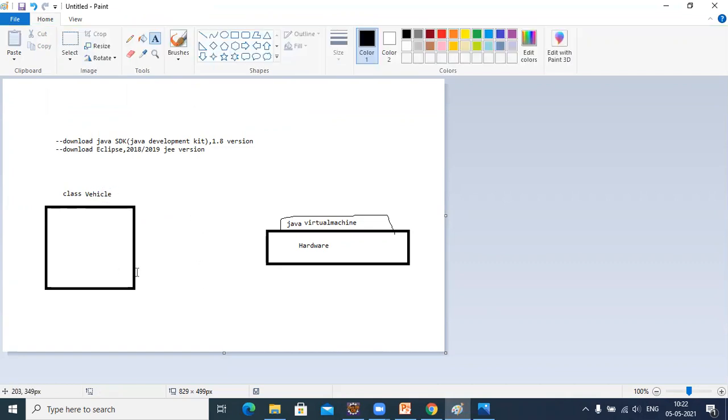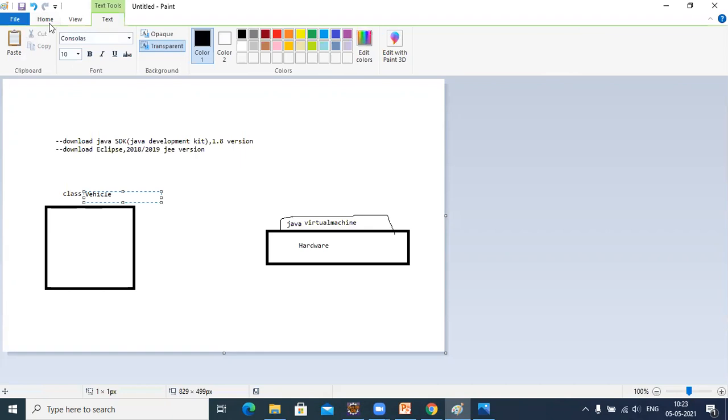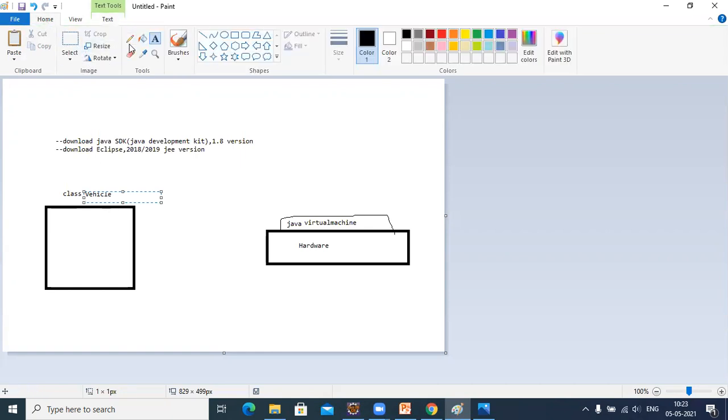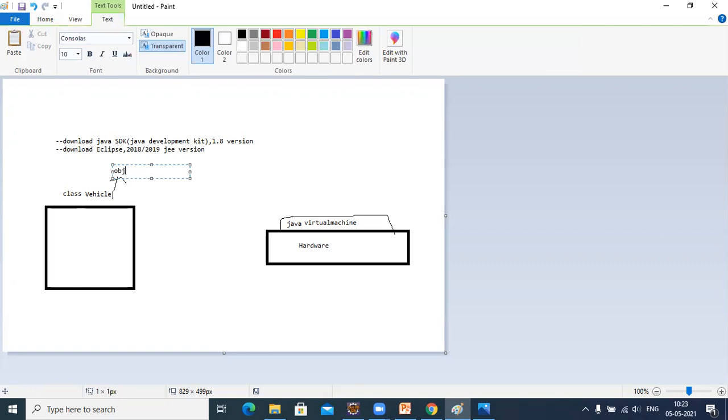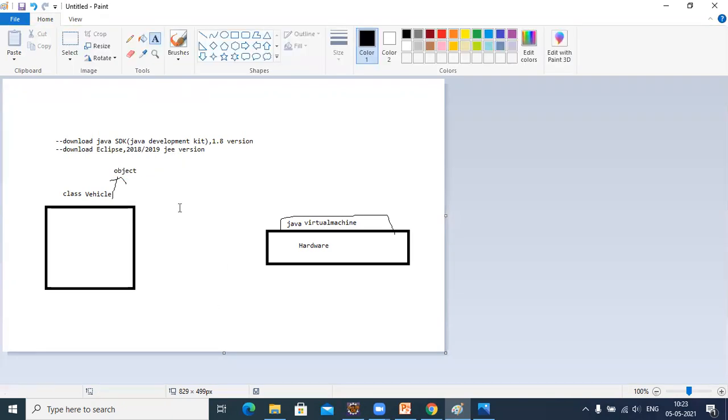Now in order to utilize this vehicle, the class itself is an object. Everything in Java is an object. Now this class itself is represented as an object.